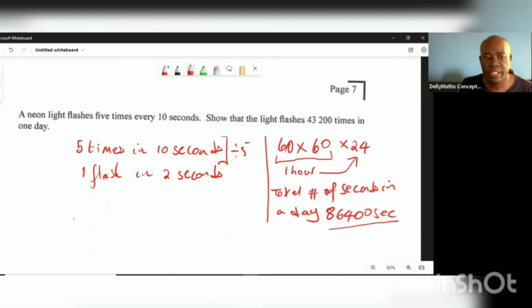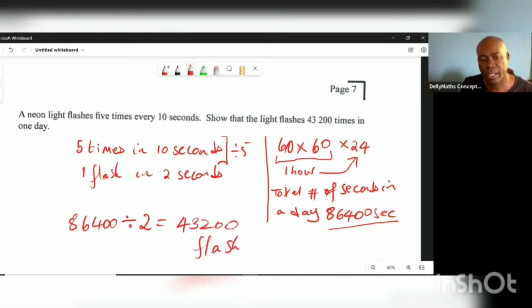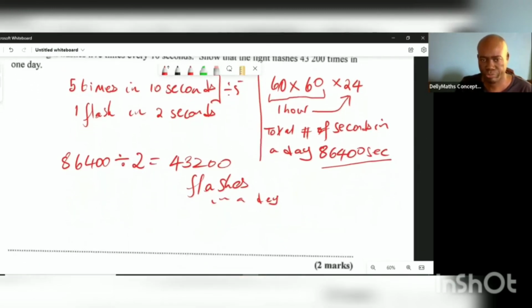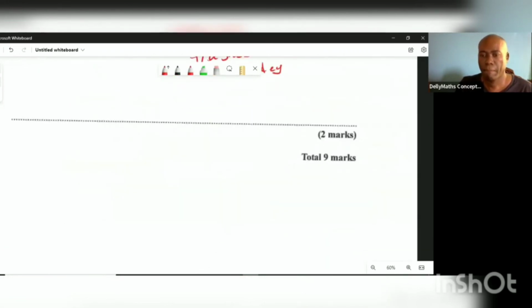But we are suggesting now, if we have 86,400 seconds in 1 day, and every 2 seconds the light flashes, then we could divide it by 2, and it tells you how many flashes in that day. So we're just confirming that in a day. There is more than one way you could work this out, but in the interest of time, that's just one way you can work it. So we'll just go. All right, let's